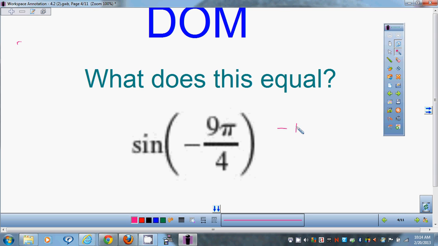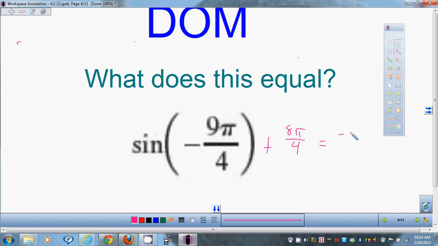Now, this one was interesting. Before I wrote that up there, this one was interesting because 9 pi over 4 isn't on the unit circle, so you couldn't just flip back over, which is why I made this one the dom. What do you have to do with this one before you can even work with it? You have to find a coterminal angle with it. You have to add 2 pi. When you add 2 pi,